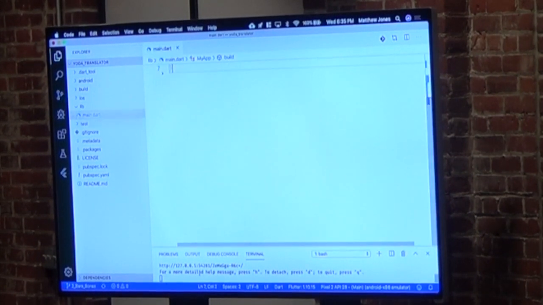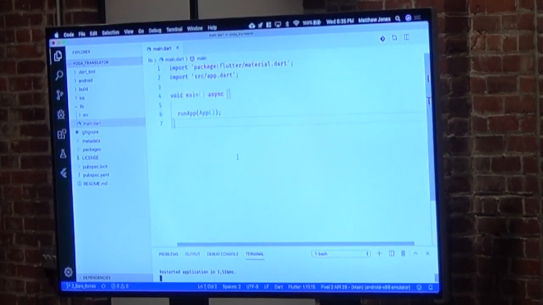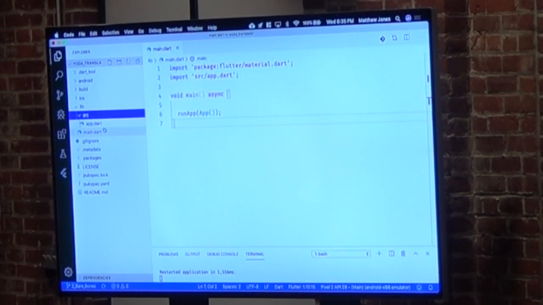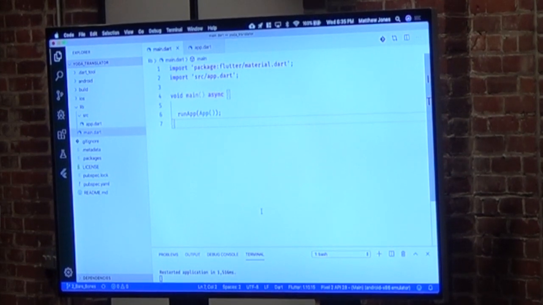So I'm going to go ahead and switch GitHub branches here. And what I've done is I've now created a source folder that I'm going to put all of my source code in, inside of the lib folder. And the first thing I did is I pulled everything out of main.dart and I threw it into app.dart. And that just is some general housekeeping that I like to do. So every Flutter application has a main function. Those of you who are C programmers will recognize that. And it basically just runs our apps. So that's the last we're going to look at main.dart.